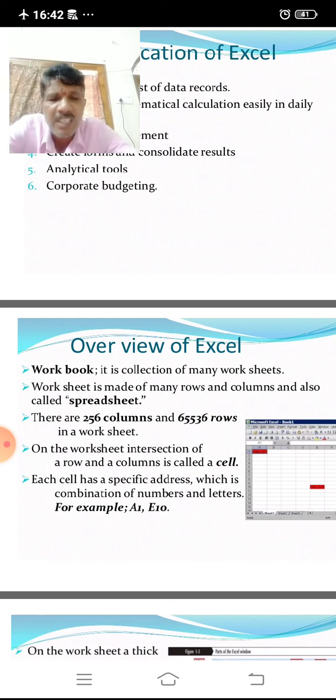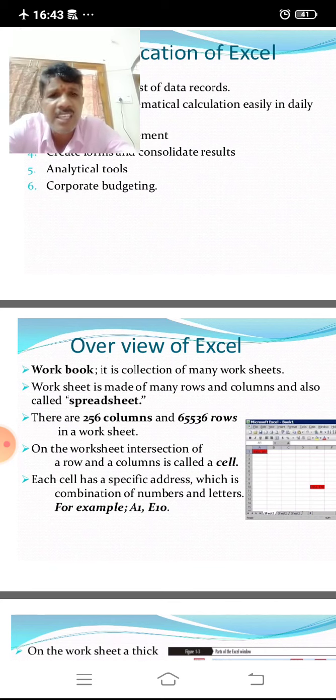Here a workbook is nothing but a collection of many worksheets, I'll say it like that. Then a worksheet is made up of many rows and columns, and is also called a spreadsheet. So it contains many rows and many columns.